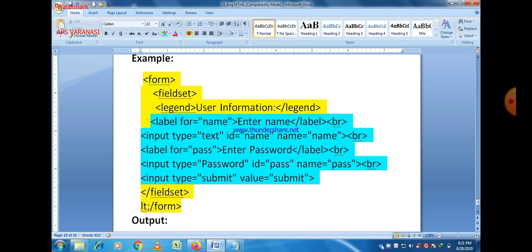Here one mistake is there, as you can see in the last line. The form tag is not properly closed, so it must be closed properly.